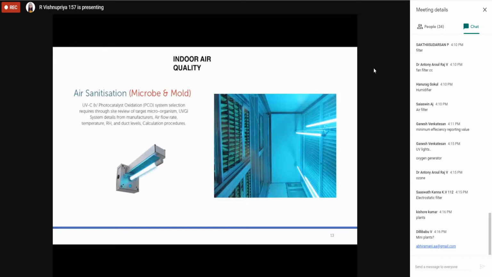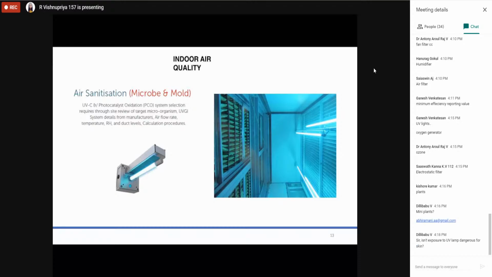You can see a gap, right? On the left-hand side you will see a filter, on the right-hand side you will see a coil, right? So there should be some minimum gap. If I'm going to reduce the gap, then the reaction time or the interaction with the lamp is going to be very much lesser. So that is the reason we should have a decent gap. And moreover, the selection of UV lamp is very critical.